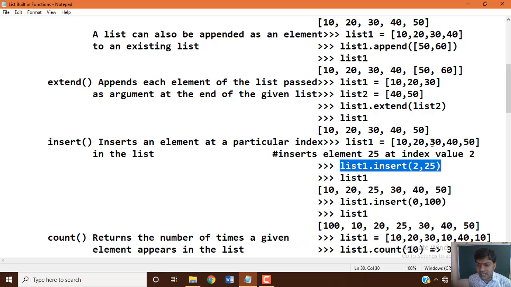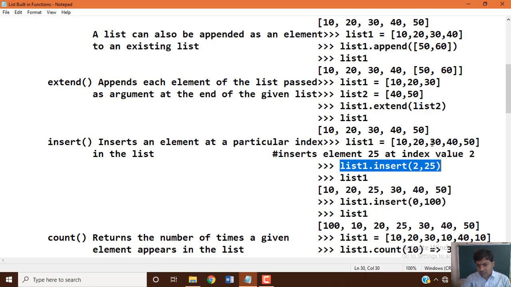Index 2 currently holds 30. That 30 will be moved to the next index, index 3, and 25 will be placed at index 2.